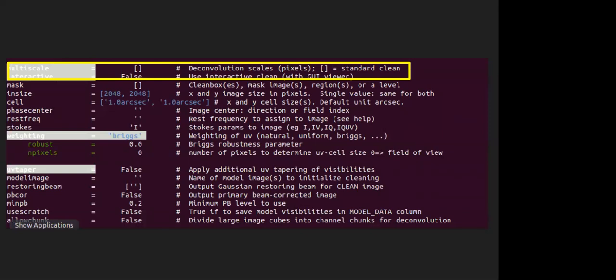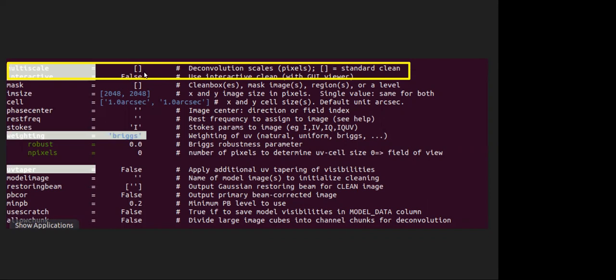Still, okay, so the options to provide in CASA for multi-scale are here. And if you do not provide anything, that is, it is a closed bracket, that means it will do the standard clean. So it will not look for further emission. The advisable thing is that since I have this small bandwidth data set, that is 33 megahertz bandwidth, and I have a point source at the phase center, I do not need to do multi-scale clean. That is why I kept it like that.